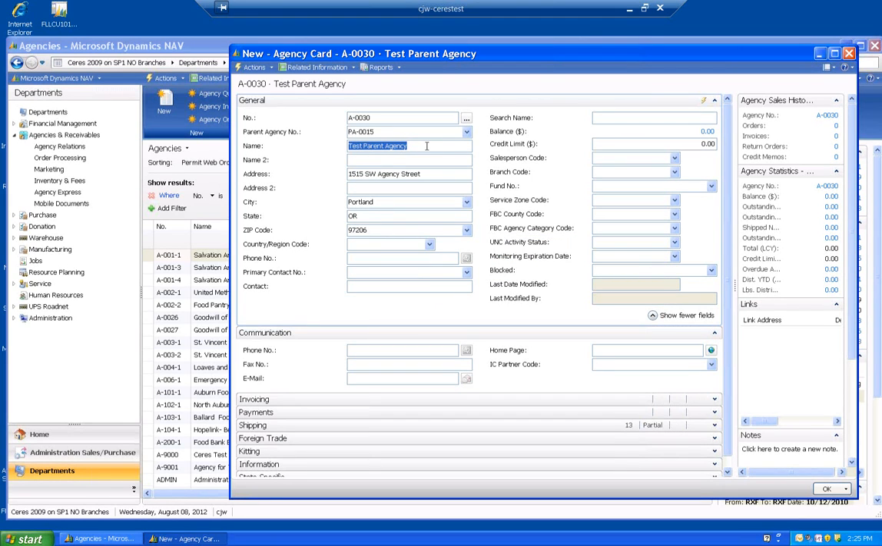As you can see, it fills in the information from the parent agency card from the General tab. Obviously we're no longer on a parent agency, so you would input the agency name here. So I'm going to call mine Test Agency. If the address of the agency is different than the parent agency, then you would want to change the address here. And update any of the other fields, such as zip code, phone number, contact,